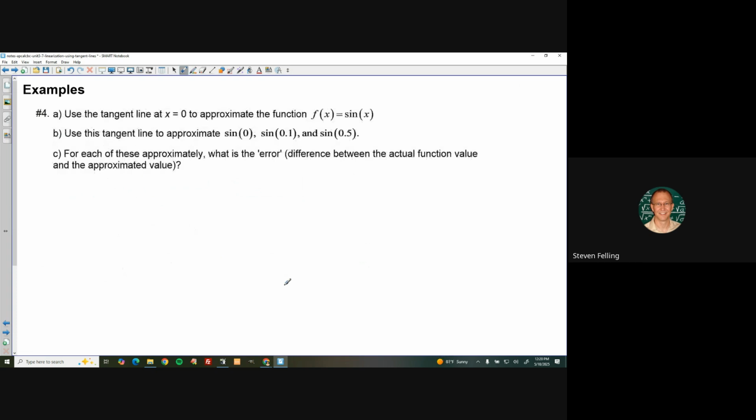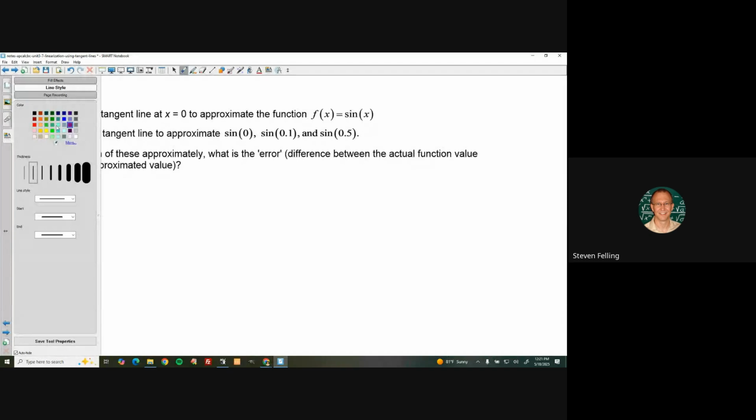Let's see, a couple more examples, right? Yeah, 2 more examples here. Use the tangent line at x is 0 to approximate the function f of x is sine of x. We'll start with that. Okay, so for part A,